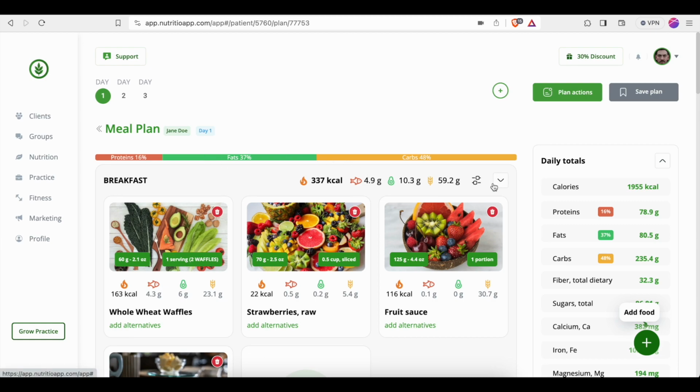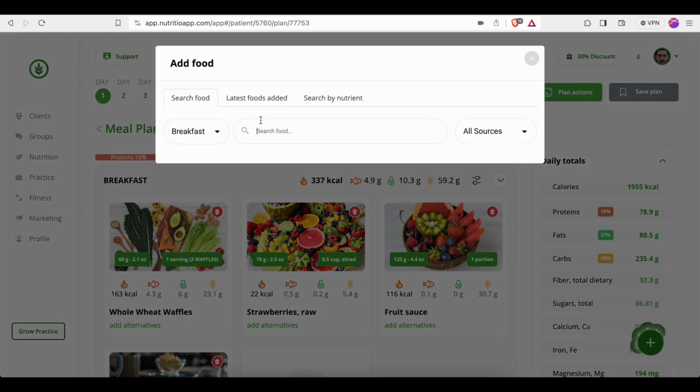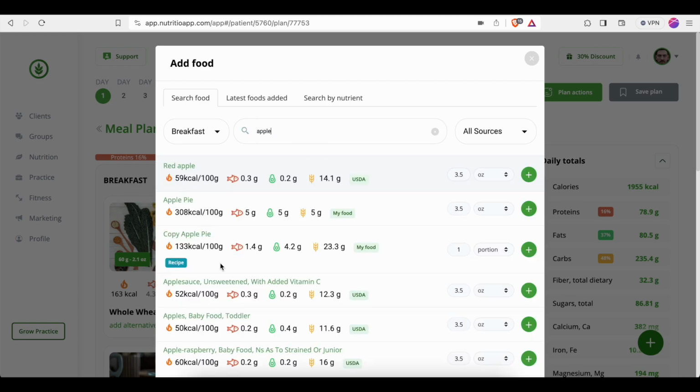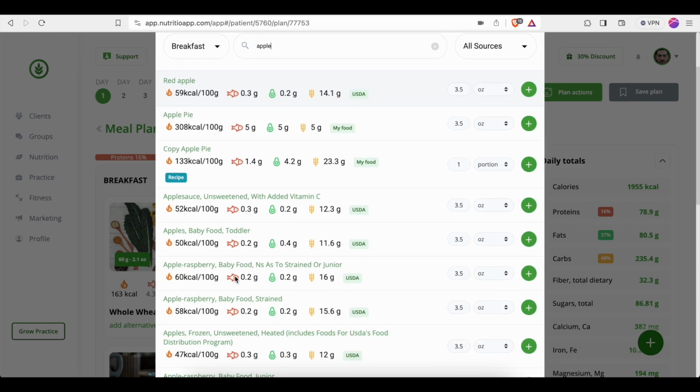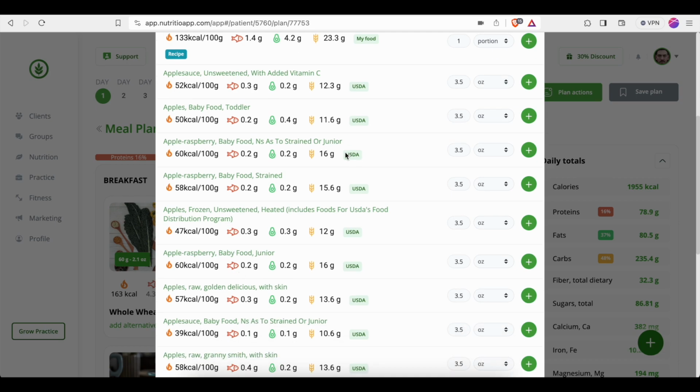After you finish creating a meal plan, of course, you can add a new food if you want, or a supplement, or a new meal, or a new day. But let's say I want to add a new food to breakfast, just to show you how the search works. Let's say I want to search for apple. You see here I have a lot of apple or foods based on apples, and you can see the database